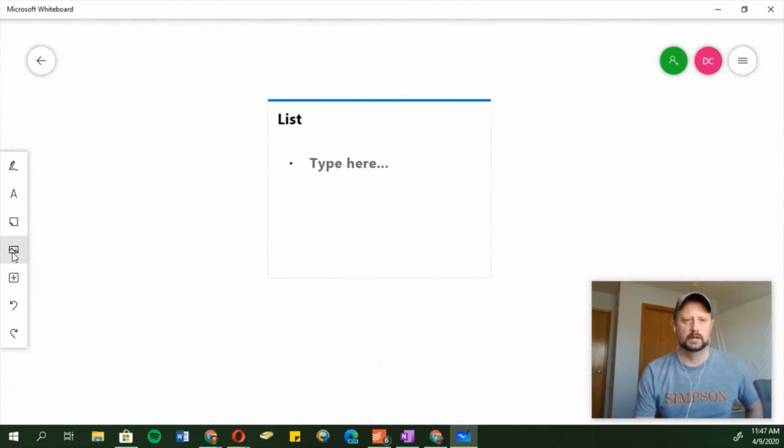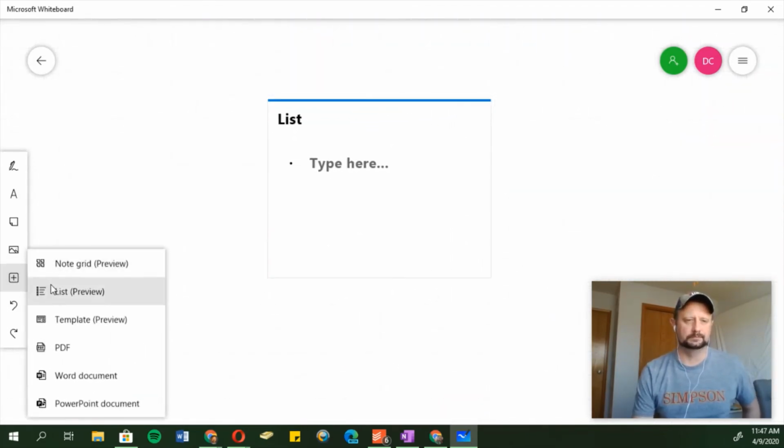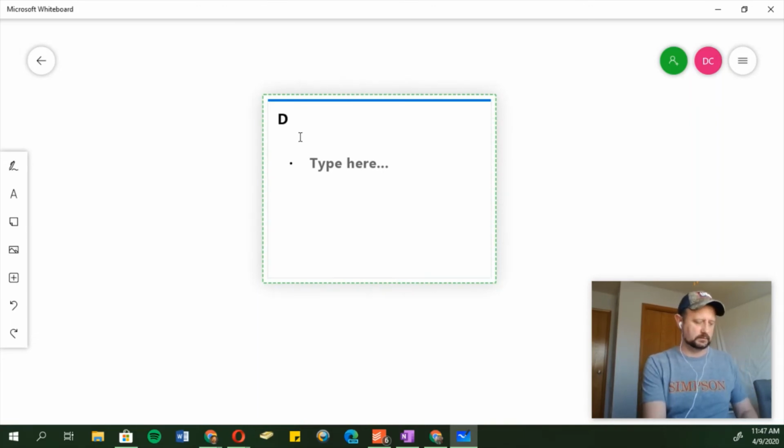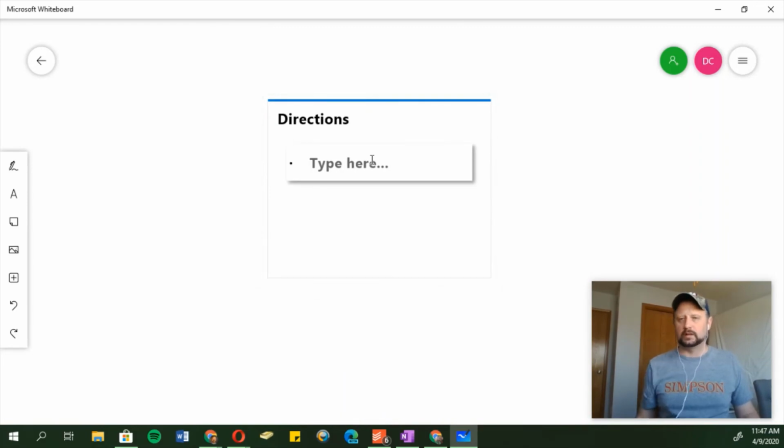And then also there's this feature down here. This feature down here has some other ways that you can set up your document. Like here's called list, and this is a template or a notes grid or inserting PDFs and Word documents. So I inserted a list right here. This list I can click and I can rename directions, and this might be a place that you can quickly and easily organize what it is that you need to do. Type